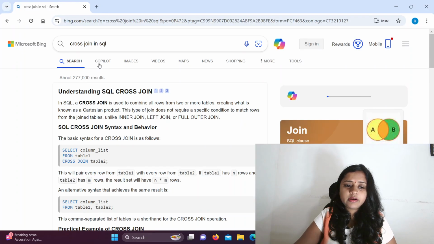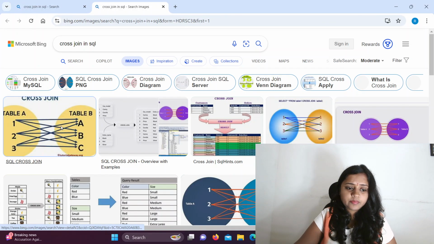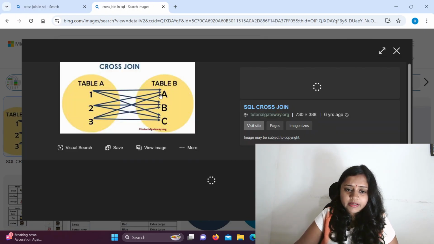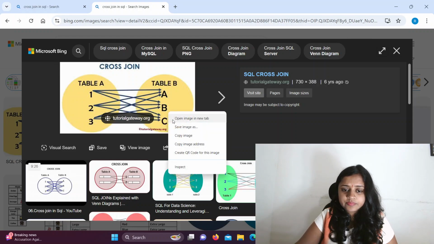It's taking a bit, guys, wait a minute. Okay, so we will see this image. See guys, table A and table B: the first record is connecting with A, it is connecting with B as well, see this line, and it is connecting with C as well.